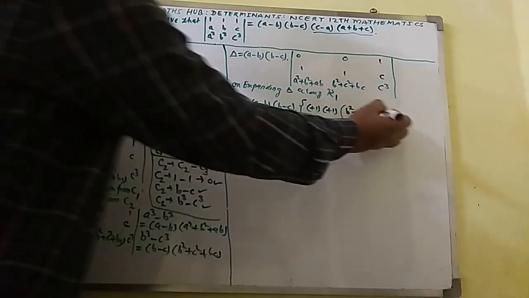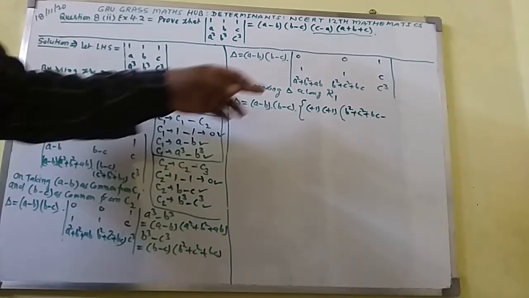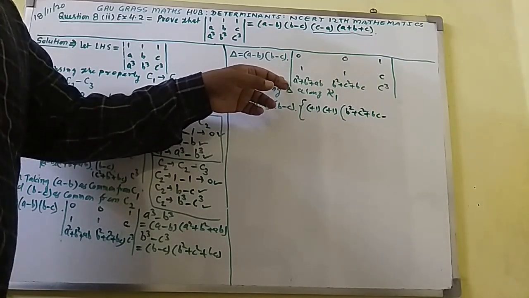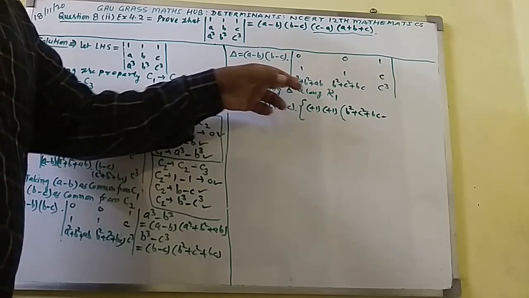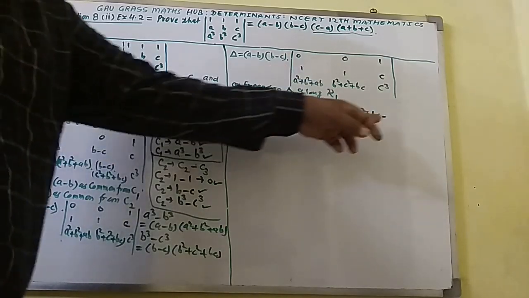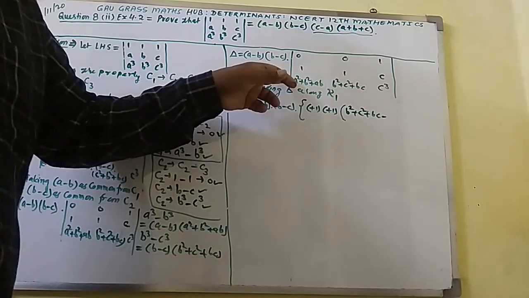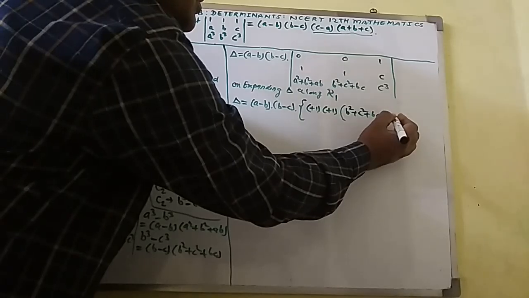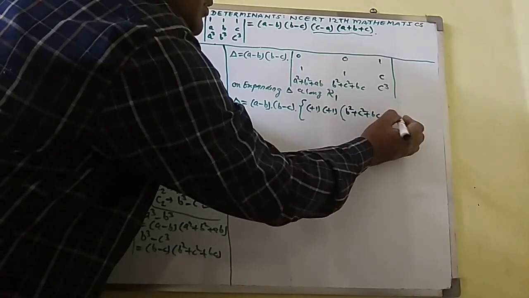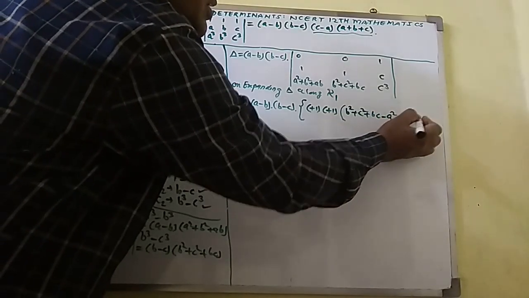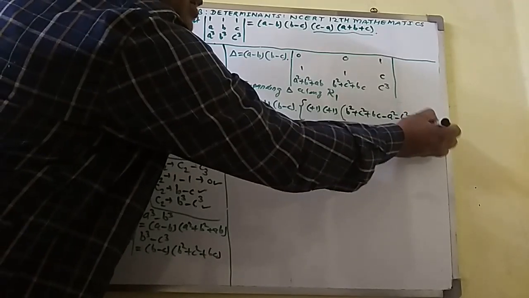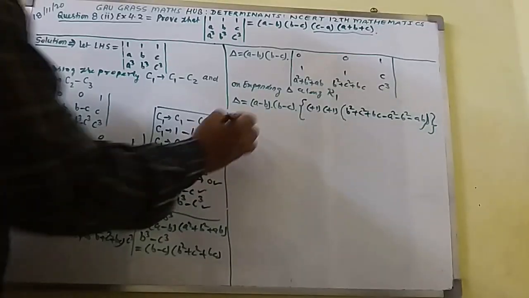And minus, I shall write here minus, and the elements of reverse diagonal will multiply together. We will get here a square plus b square minus ab. Since here minus will be affected in all these terms, so we will get here minus a square minus b square minus ab. This thing we will get here. This bracket will be a curly bracket will be enclosed. So here I write that equal to,